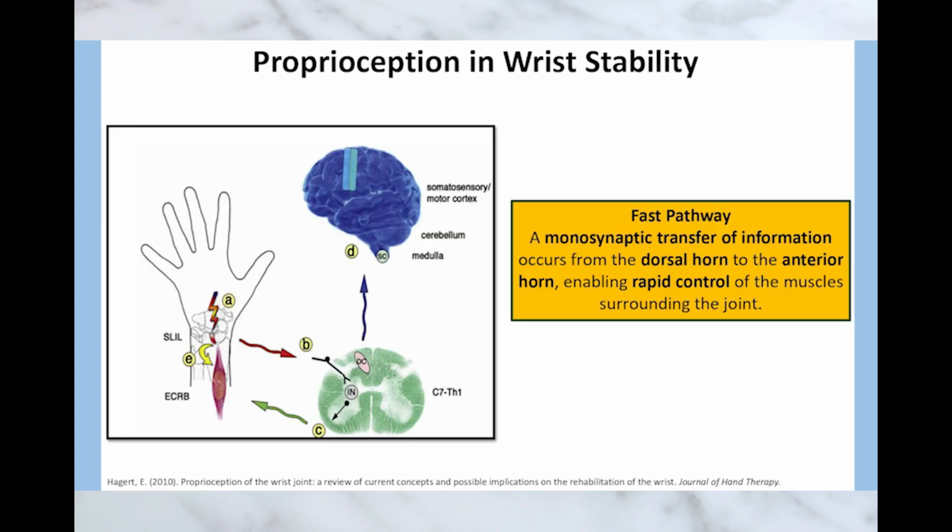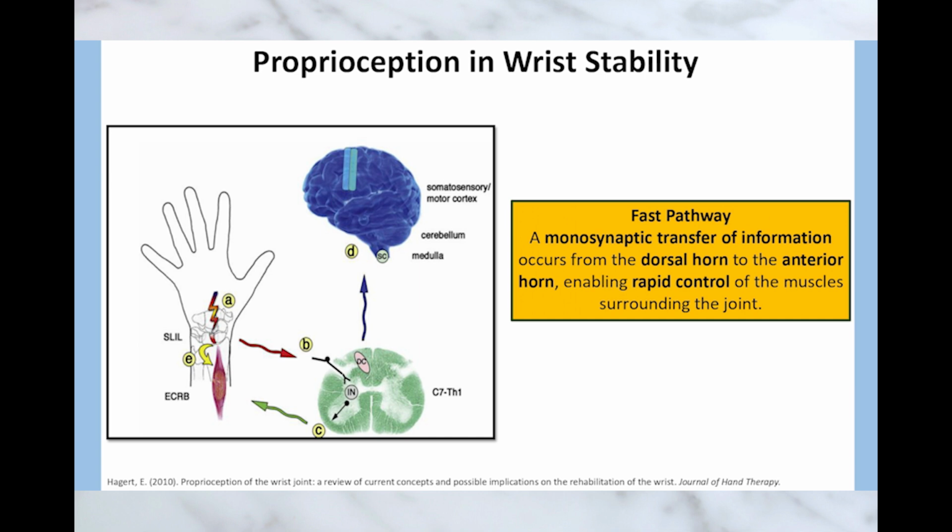So how does all this information get from the wrist to the brain? What are the pathways? There are two main ones. First, you have the spinal pathway. This is the express route. So the signals go straight up the spinal cord and connect with motor neurons in the anterior horn. And those motor neurons send signals right back down to the forearm muscles. And that creates a quick reflex-like muscle contraction if there's any sudden instability. So that's the rapid response system.